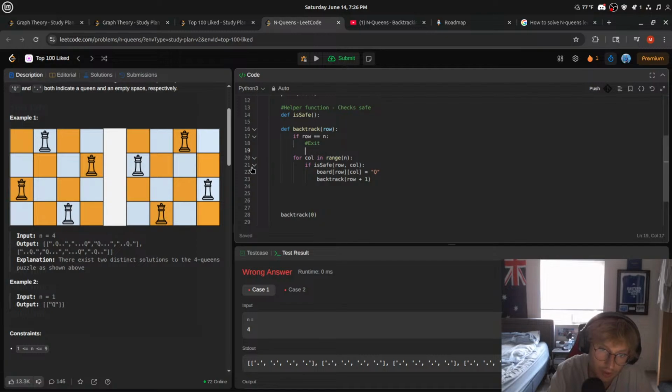If row is equal to n, let's just do a res.append here, right? Let's just leave that for later, right? We backtrack row plus 1. We know that's safe. Is that it, right? If not, we might want to